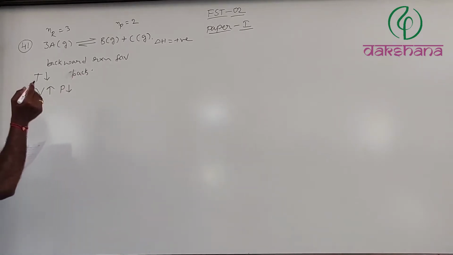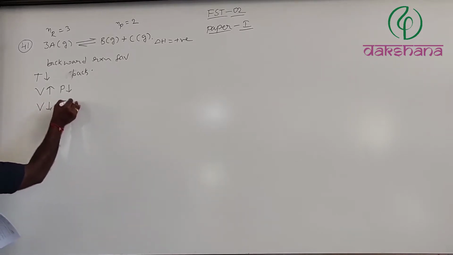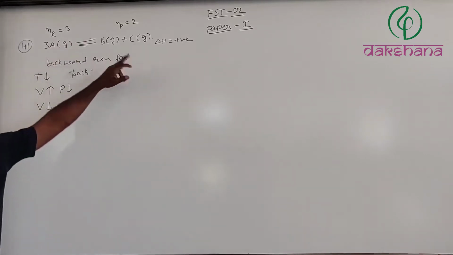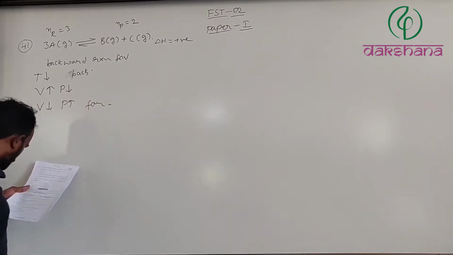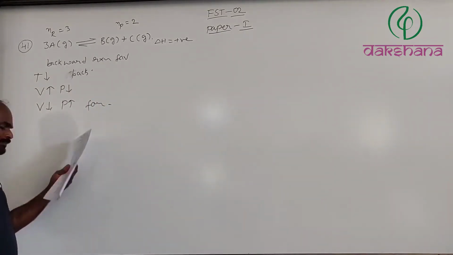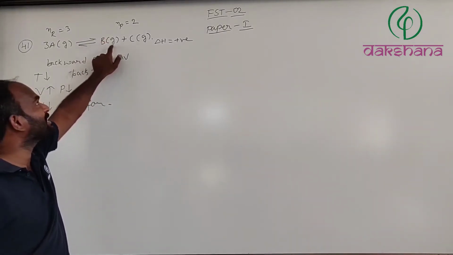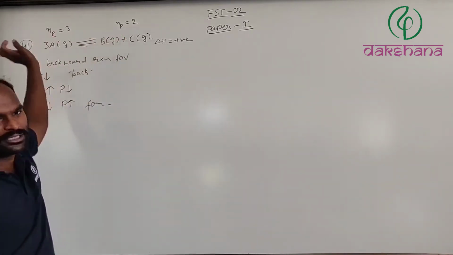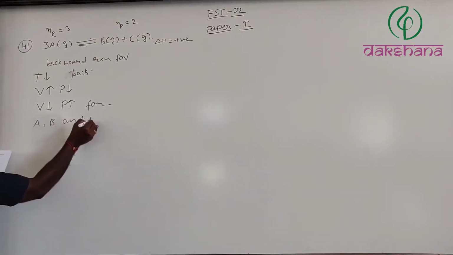And the third option, decrease in the volume of the container. Obviously, if increase in volume is a favorable condition, decrease in volume is not. But we will see. As the volume decreases, pressure increases. As the pressure increases, equilibrium will be shifted towards fewer moles, which means the forward direction. So it favors the forward, not the backward reaction. Adding B at equilibrium: as the concentration of products increases, equilibrium will be shifted towards the backward direction. Hence, the answer is A, B and D.